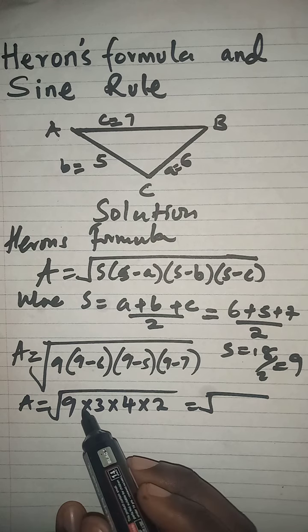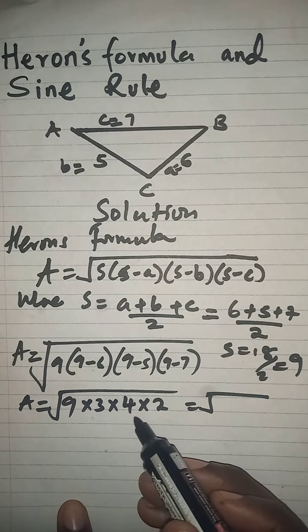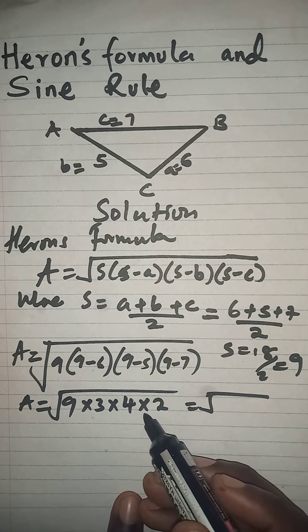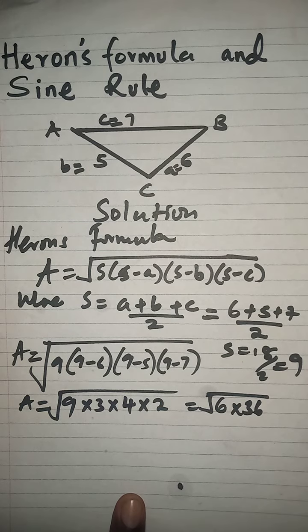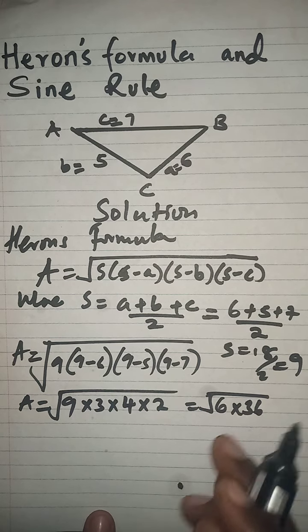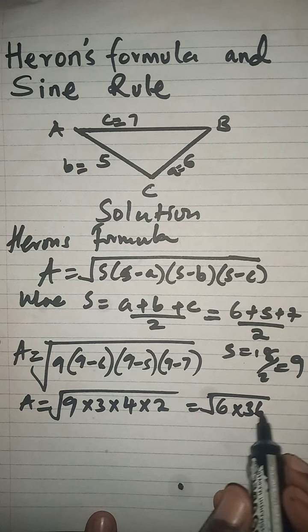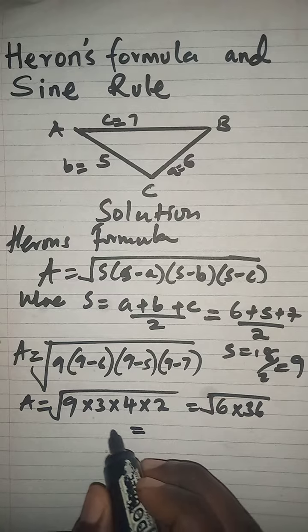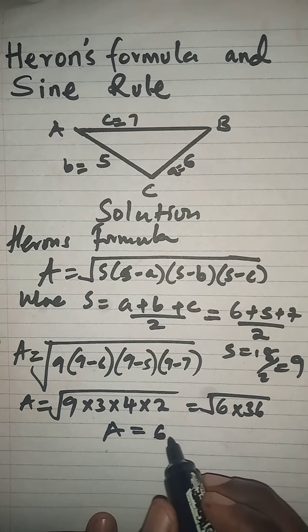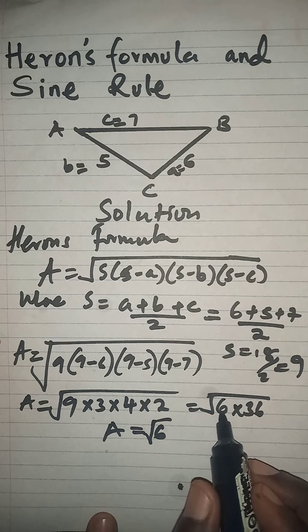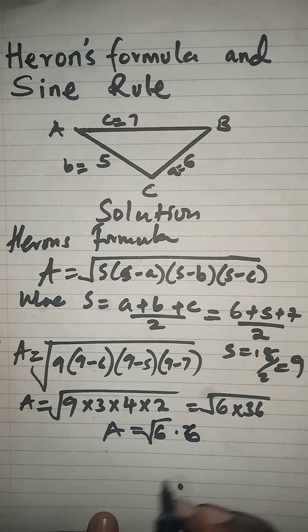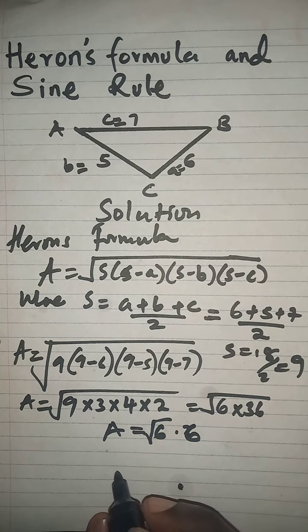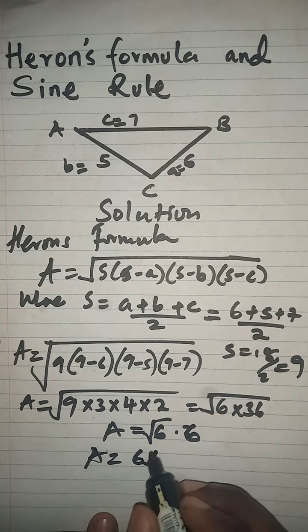So when you take 9 times 3 times 4 times 2, you're going to get 6 times 36, which I can simplify: the square root of 36 is 6. So this area can be written as 6 root 6,